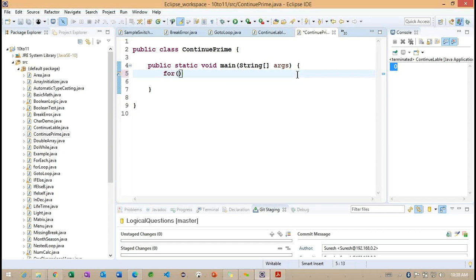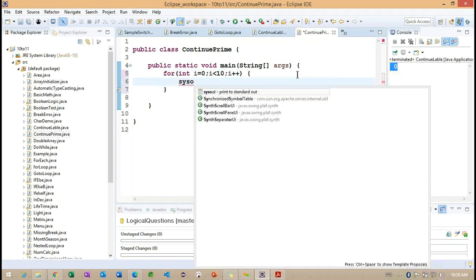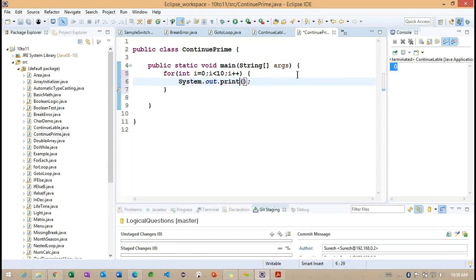I want to check with one more loop here: int i = 0; i < 10; i++. Right. So here I want to print only the i value.